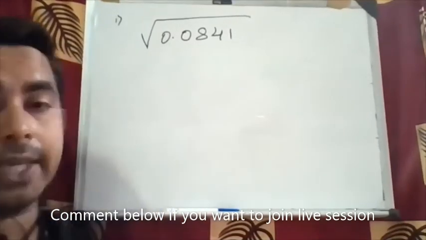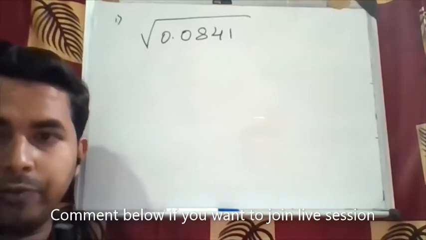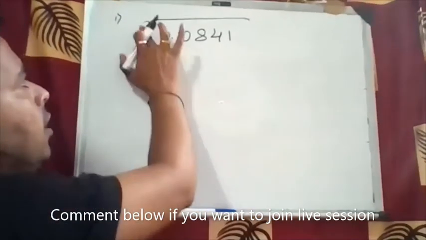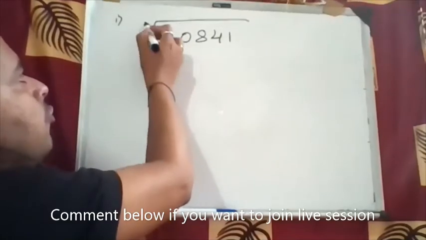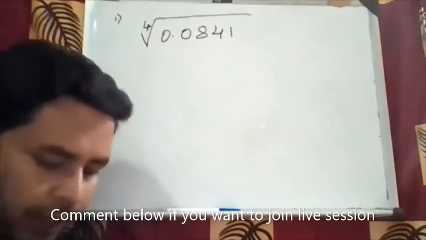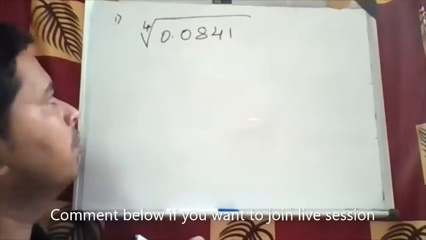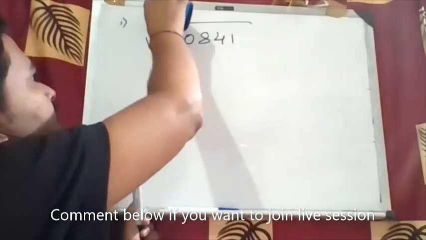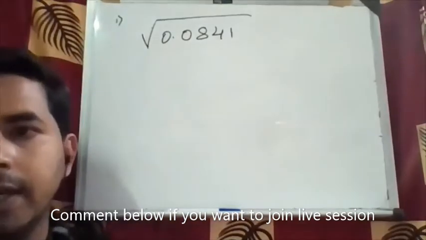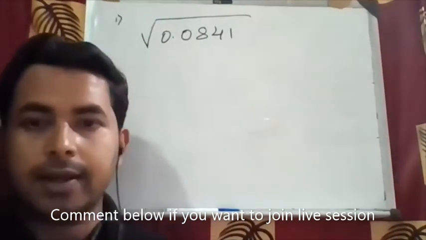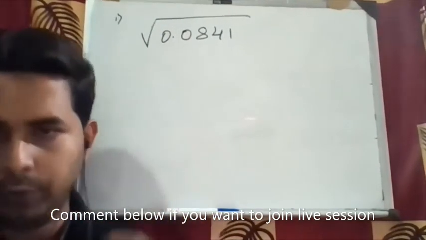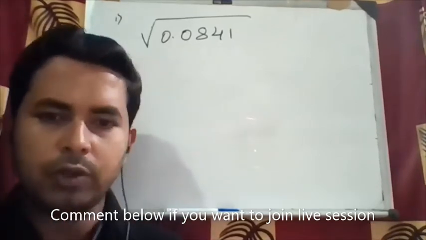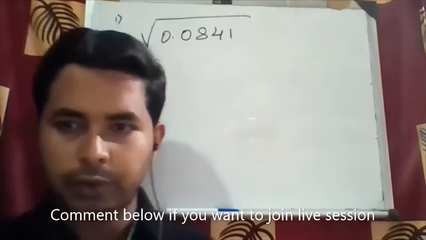If it is a cube root, if you have to find the cube root, then they will give a 3 here, or else they'll give a 4. Then only can you directly find the fourth root or the cube root. But in most cases they won't mention anything here. So it is understood that they are asking you to find a square root. So I have to find a square root now.